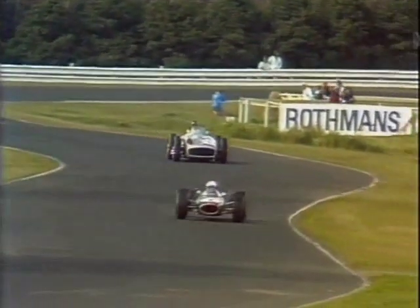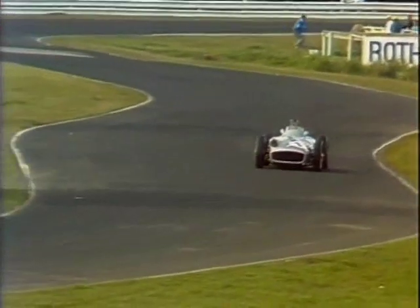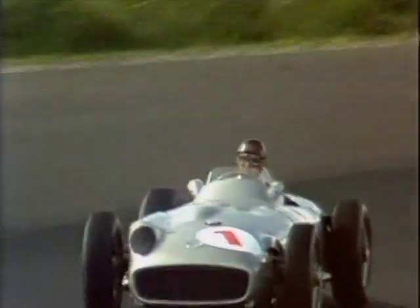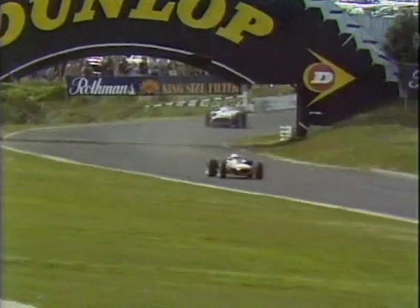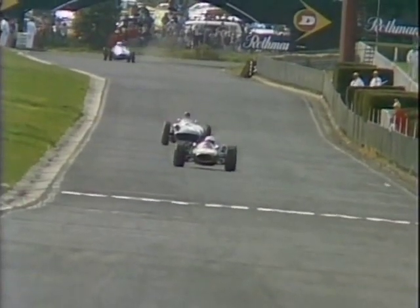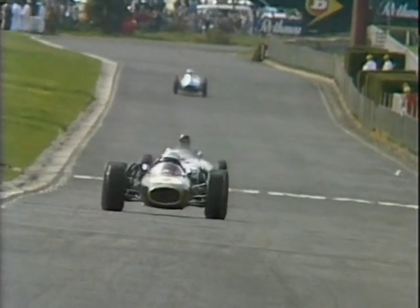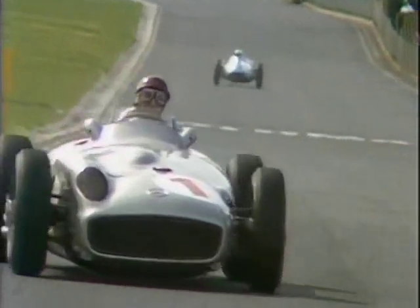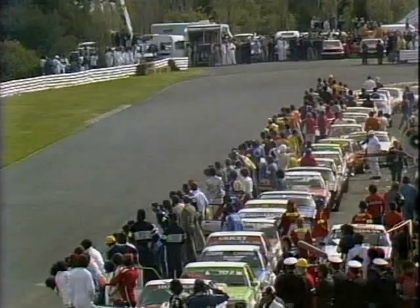In itself, a period piece. When we look at the Formula 5000 cars that were racing just a few minutes ago, the Brabham looks tiny, fragile, no wings, skinny wheels. Yes, in fact, they're using those old-fashioned tyres with treads on them on these cars, of course, because the modern tyres are so wide. And you've got to remember the grandstand. Every time they go past, the grandstand rises and applause